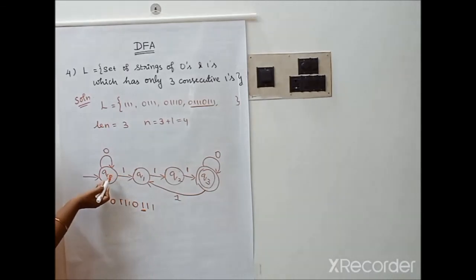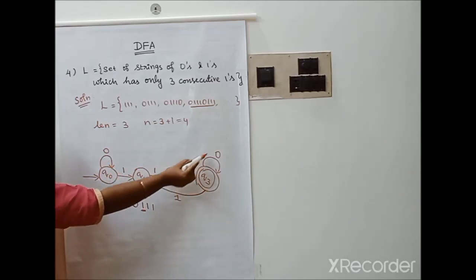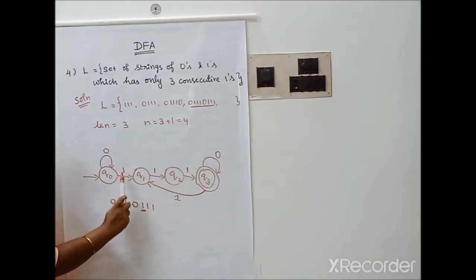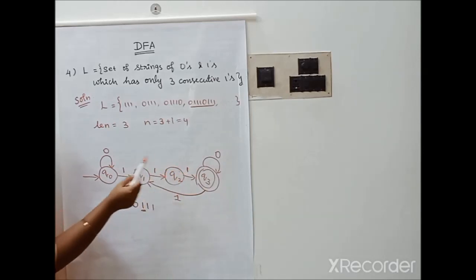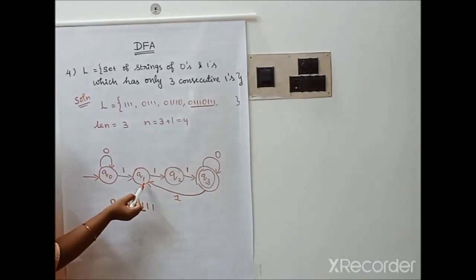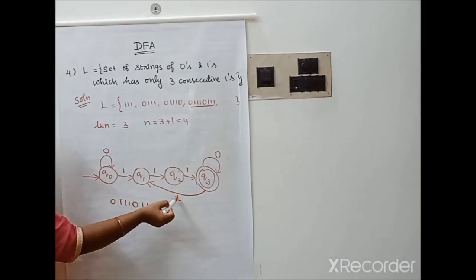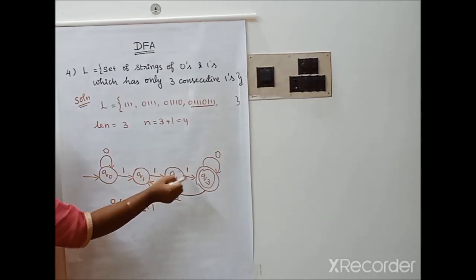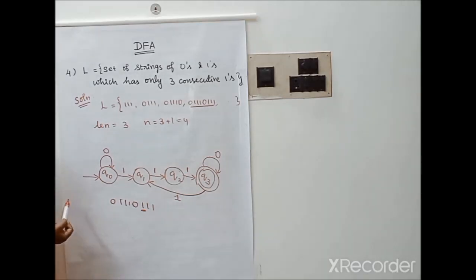Okay. So, before occurrence of ones, you can have any number of zeros. Therefore, we can have a self loop at Q0. After reading 3 consecutive ones, you can have any set of zeros. So, here also we have used the self loop for the input symbol 0. But once we have read the 3 consecutive ones, again if we are trying to read 3 consecutive ones, we need to change the state from Q3 to Q1, not to Q0, because this transition occurs for the input symbol 1. Therefore, this is the first one. Only if we reach the state Q1, we can read another 2 ones. Q1 to Q2, Q2 to Q3, we will reach the final state. So, this is the transition diagram for 3 consecutive ones.